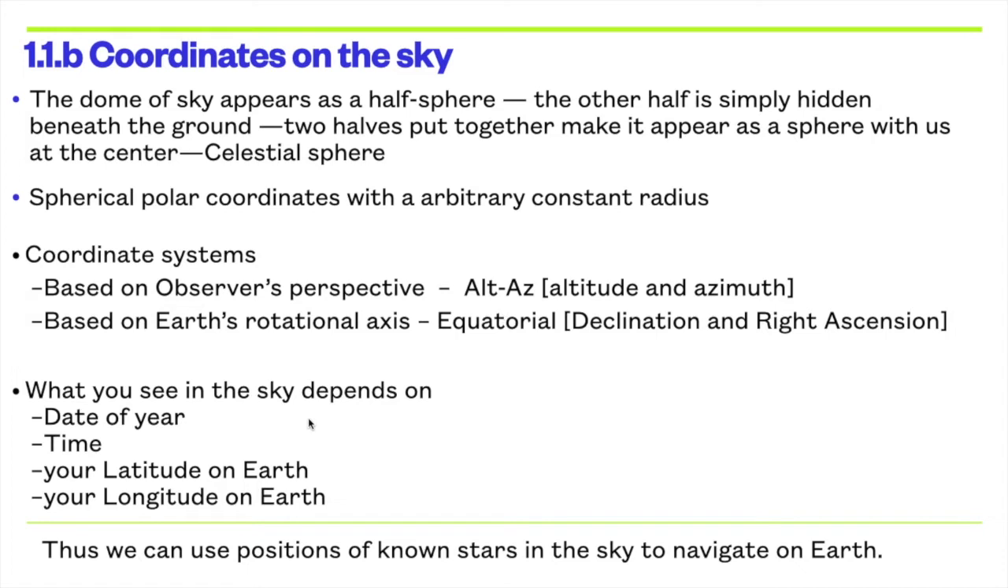Another point to remember is that what we see in the sky depends on which date of the year you are observing, which time of the day you are using to observe, and also your latitude and longitude on Earth. Since what we see in the sky depends on these things, we can reverse the argument and say that we can use the position of a known star in the sky to navigate on Earth. If we know the position of a given star and we know when that star should appear where in the sky, then just by identifying that object in the sky, we can extract the information on the latitude and longitude